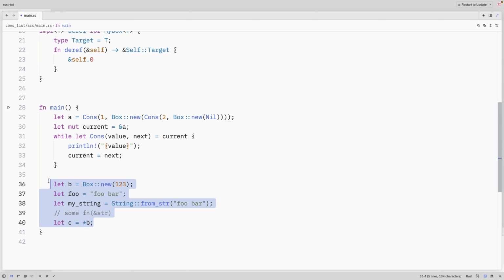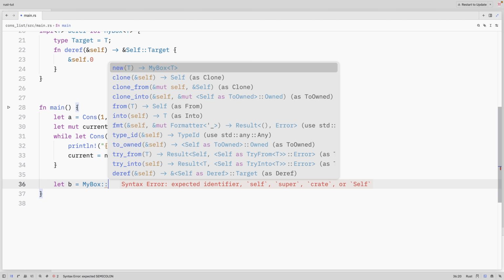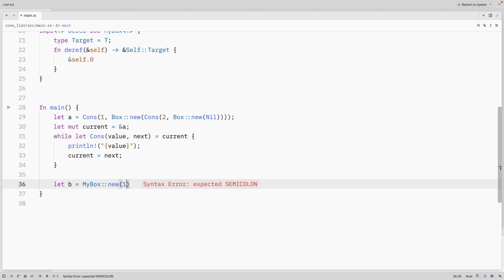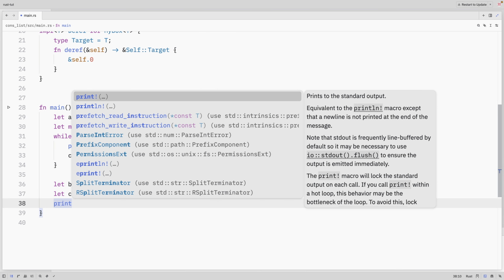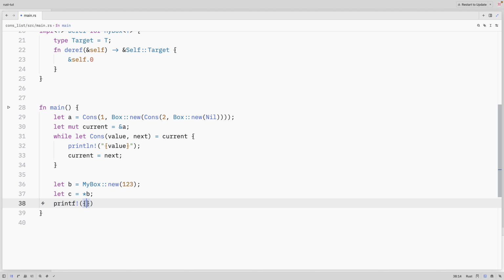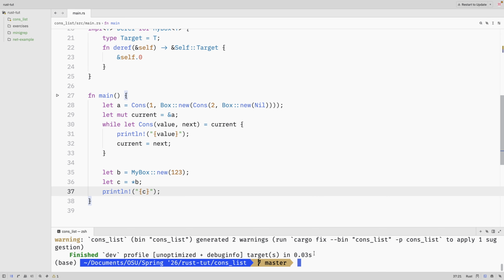So we'd be able to do something like this. We're just going to clean this up, and we could say b equals MyBox::new(123), and then let c equal the value that's held in b, and then if we really wanted to, we could print out c. Or, I'm not in C, we're in Rust. I'll go ahead and do a cargo run,